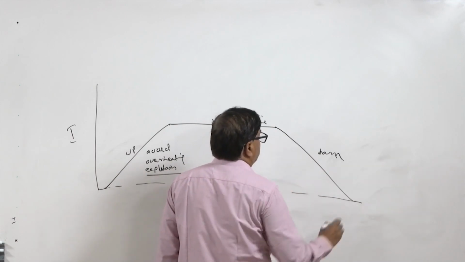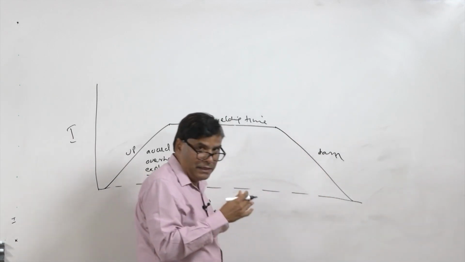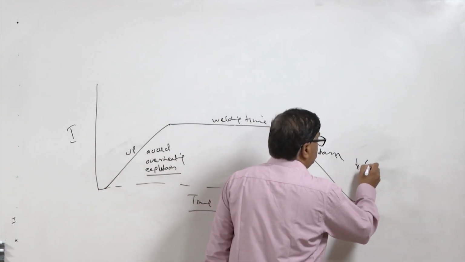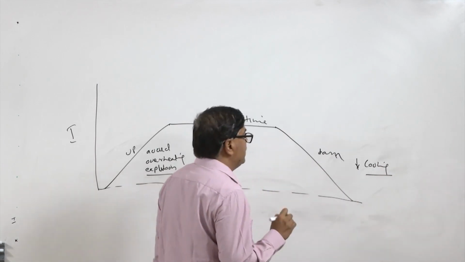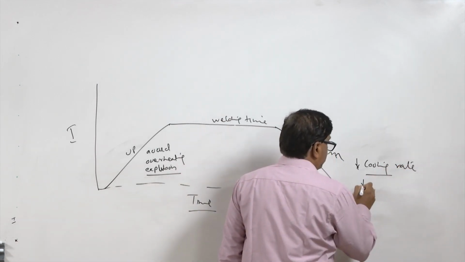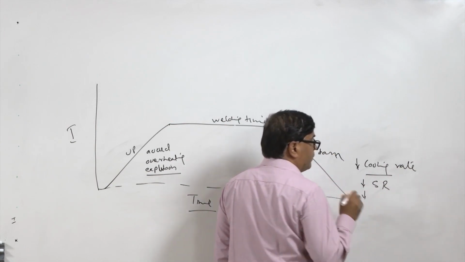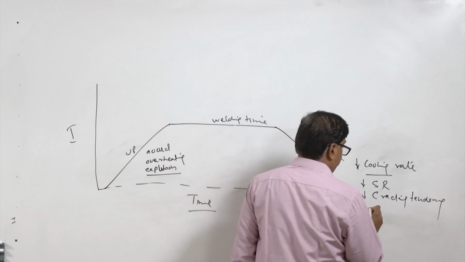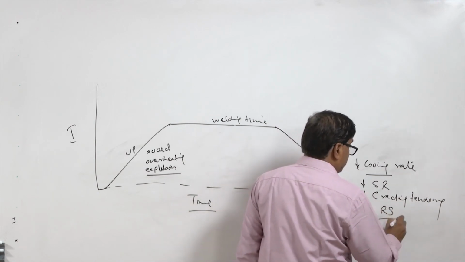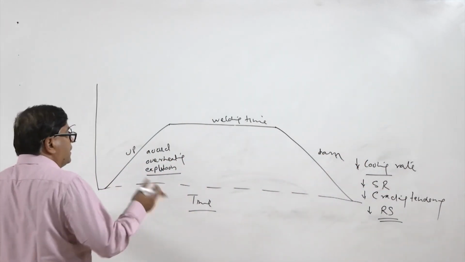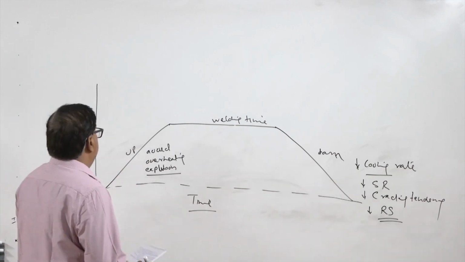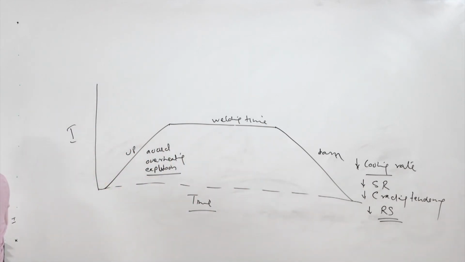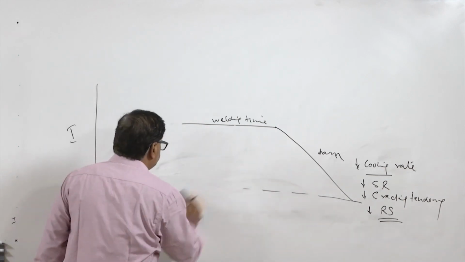Similarly, in the case of the down time, the welding current value is reduced gradually. So heat generation will be reduced gradually, and this will help to reduce the cooling rate experienced by the portion which was heated during the welding, and a reduced cooling rate reduces the solidification rate, and also reduces the cracking tendency of the heat affected zone as well as the nugget, and also reduces the residual stresses, if at all they are being formed due to the differential heating and cooling during the welding. So it is important that the up and the down current values are adjusted suitably in order to avoid the issues and the problems related with the